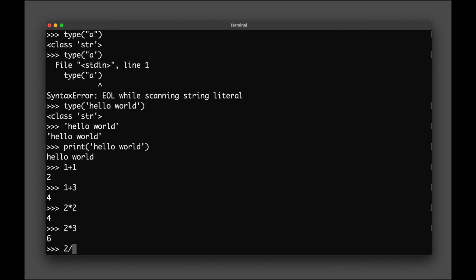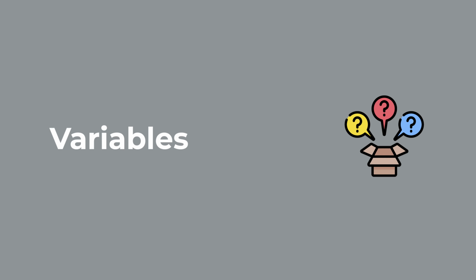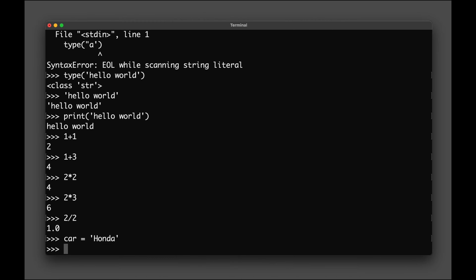2 divided by 2. Okay, so now that we're acquainted with typing in numbers, adding the numbers, and the data types of string, integer, and floating point number, let's have a look at how we could create variables and assign values to variables. For example, I could create a variable called car equal Honda. And then if I say print, and then I type in car,